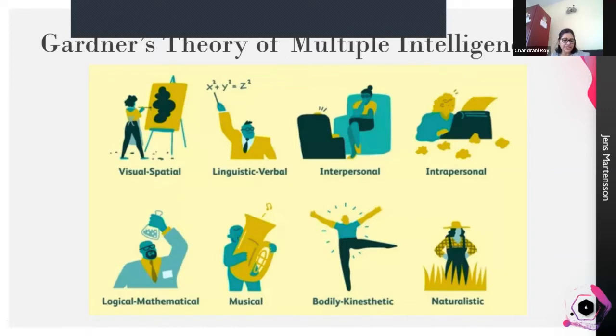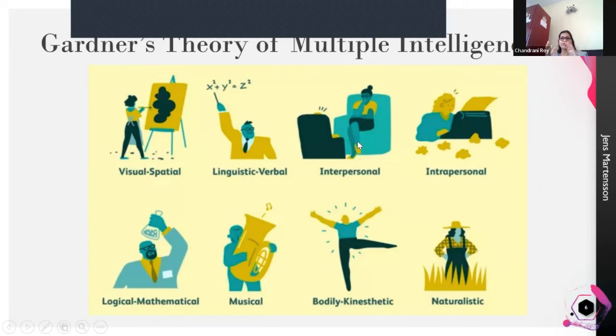So Gardner suggested that there may be candidates who have other kinds of intelligence. For example, the theory says that there could be some other children or even adults, in fact, who show visual spatial intelligence,